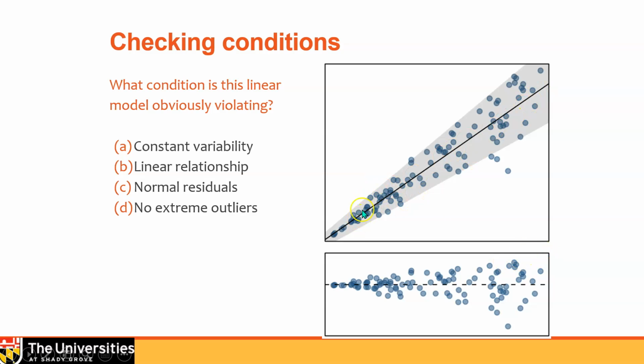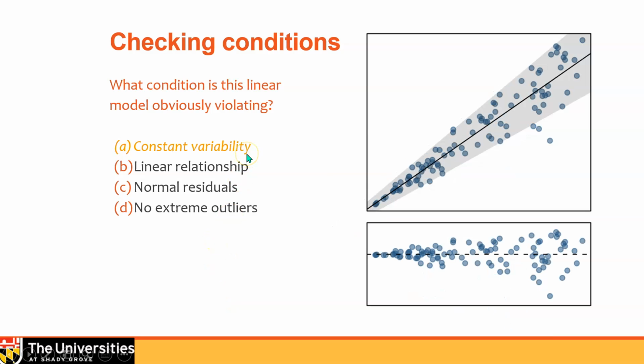If you take a look at the residual plot and at the plot of the data, what you notice is that the variation along the line gets wider and wider. You have what's called a fan effect in the residuals, or sometimes you'll see what's called a funnel effect, which is reversed: very wide here and funneling down here. When we see something like that, we see that the constant or equal variability condition is being violated. So we know that that's a difficult situation.